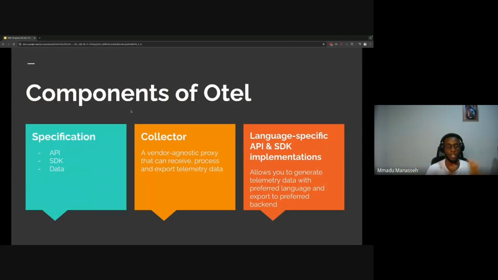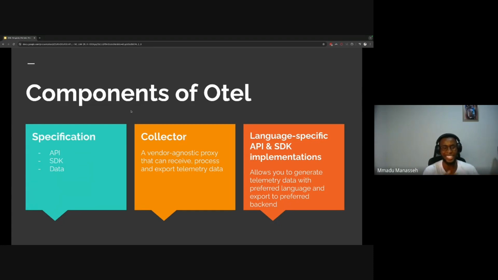Yeah, what we just did was run through the entire history of how monitoring has evolved over the years. We came from just availability down to Otel. So now let's look at what Otel is exactly. What are the components of these things that we call Otel? What makes Otel special exactly?